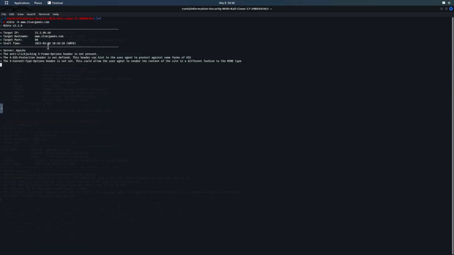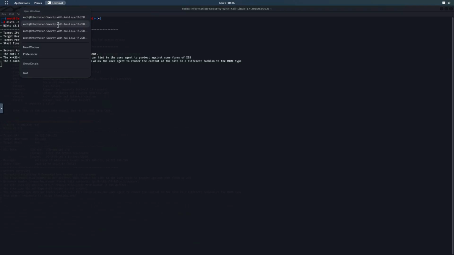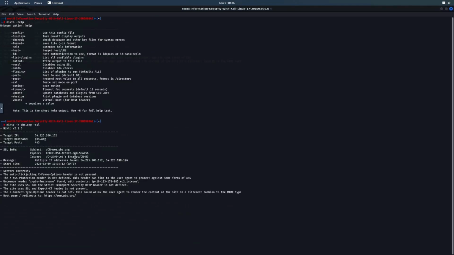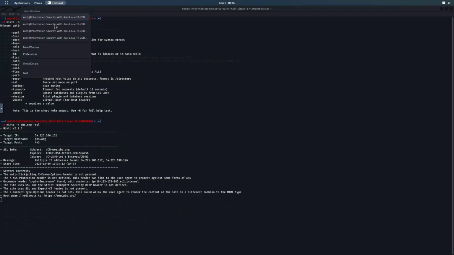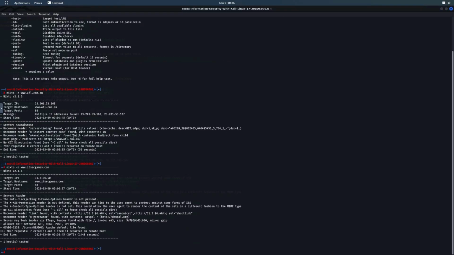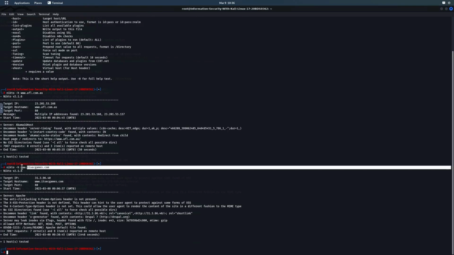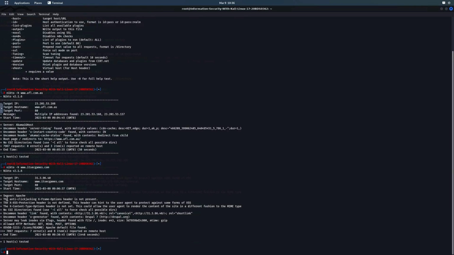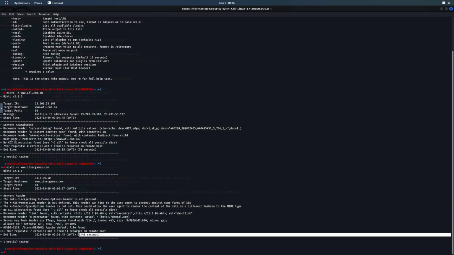And I have already run this test, as you might have seen in these tabs. And let's see if we can get it. Oh, this is not the one. Once again. Okay, this is the one. See, I have run this same command on www.itsecgames.com. What we can get from this is that it took 1448 seconds to complete this full scan,